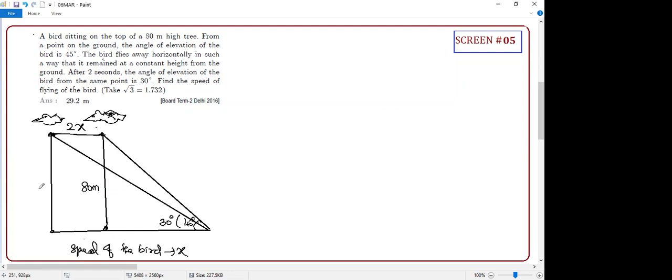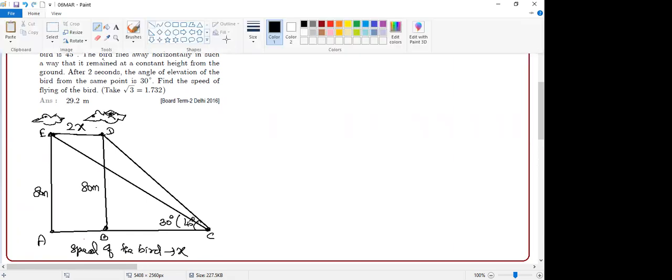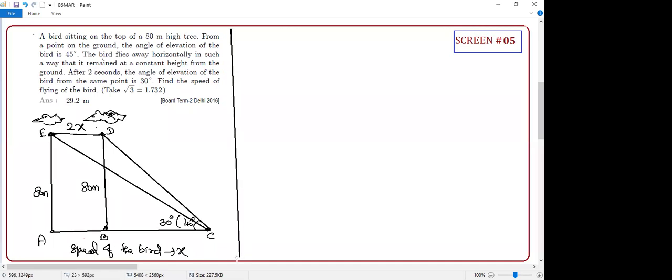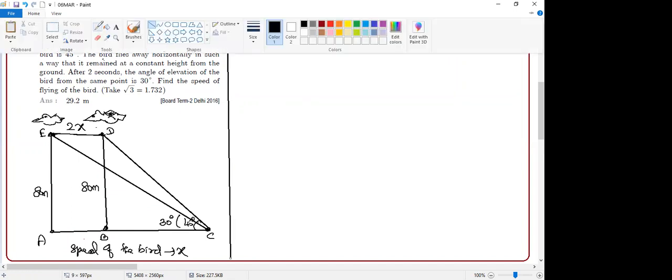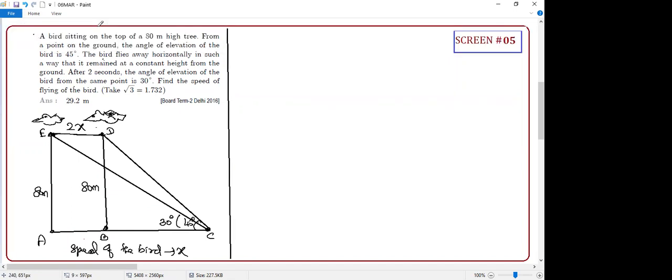Anything else I have given? Yes, this is 80 meters. So your next duty is to name it. The distance you took as x and we got 2x, sir. No, I'm taking speed as x. So this is time into speed, which is the distance, 2x. Rest of them, Shivani is asking doubts. Are all clear? Vaishnavi, are you clear?